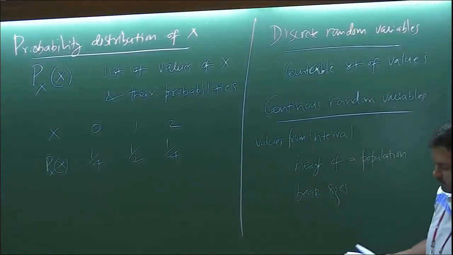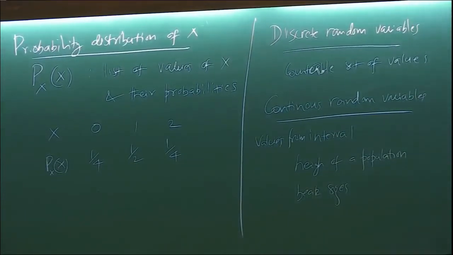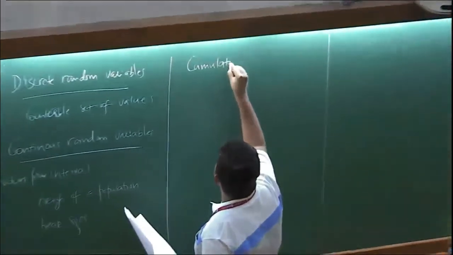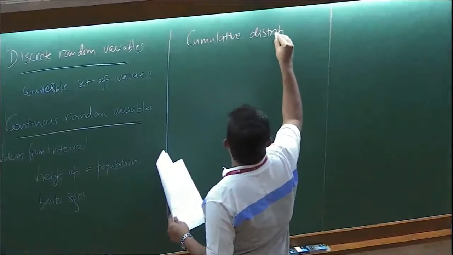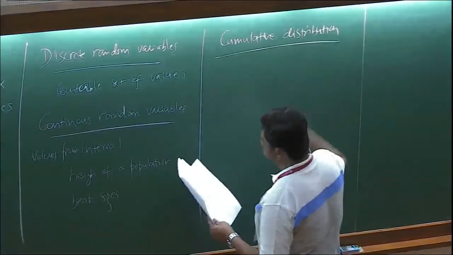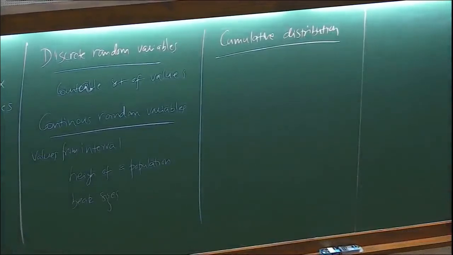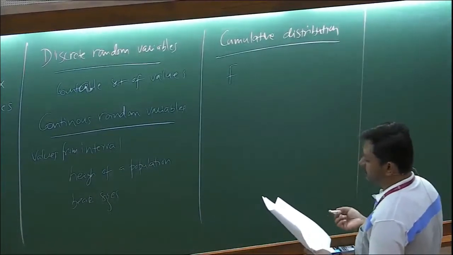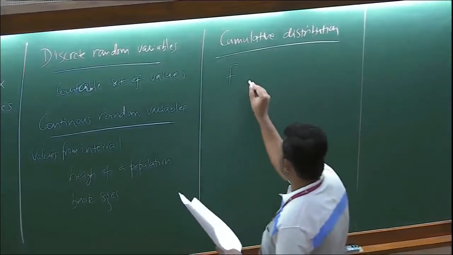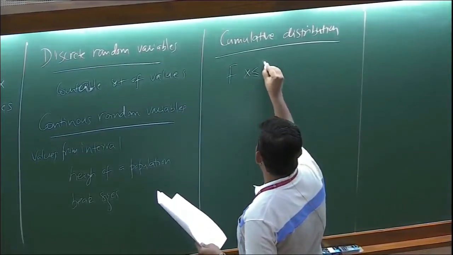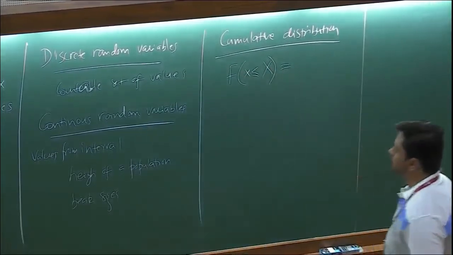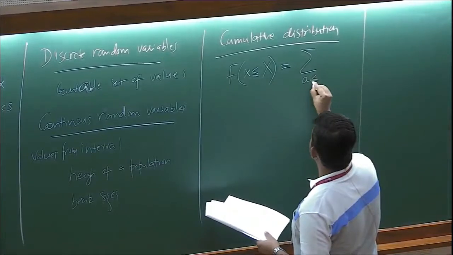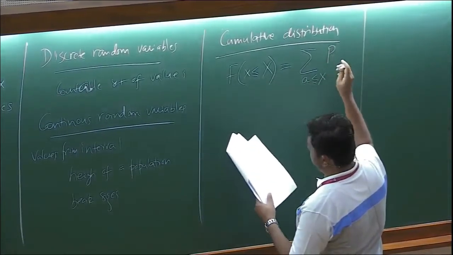Now, given a probability distribution, that is the probability of the occurrence of X, you can also compute something called the cumulative probability distribution. Remember, P of X gives you the probability of the occurrence of X. But many a times you're interested, and this is also a very useful quantity, in finding the probability that X is below some value: the probability that X is less than or equal to capital X. By definition, this is the sum over all the possible values of A which are less than or equal to capital X, of the probability of the occurrence of A.